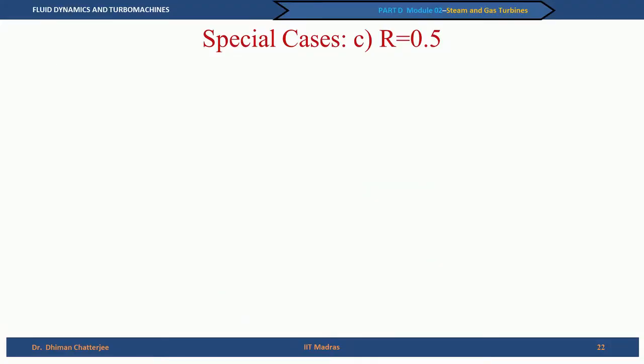So, in that case we find that, strictly speaking, the definition of impulse stage, that is no pressure drop, is not valid. Whereas, if we want to insist that there is no pressure drop, but there is friction, then we find the degree of reaction becomes negative. So, this has to be kept in mind, and another important special case that I will consider now is R